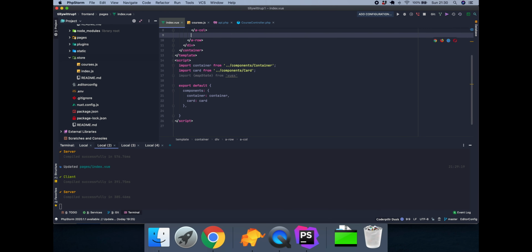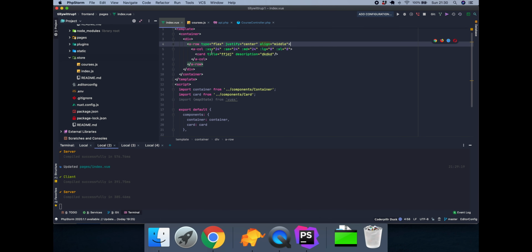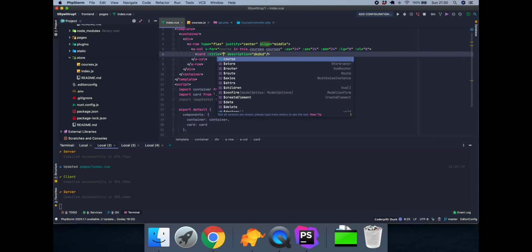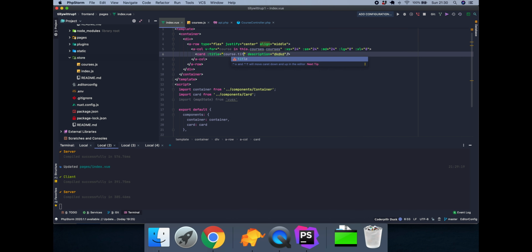So actually what we can do now is get rid of every single column except for the first one for now, and then we want to say v-for, and then we want to say course in courses, like this, and what we want to pass through is title, which is going to be course.title, and obviously this won't work right now. Then we want to have description, which is going to be course.description